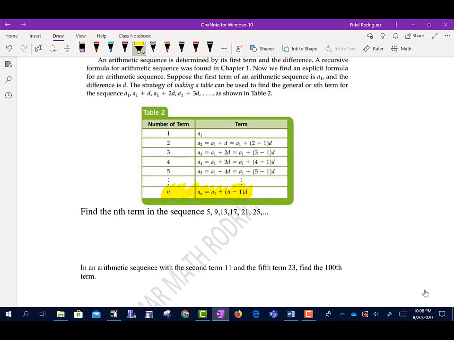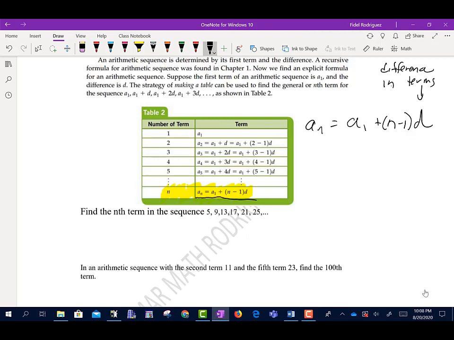The formula says that the nth term of a sequence is given by this formula right here. And this formula just says a_n equals a_1, which is the first term, plus n minus 1 times d. d is going to be the difference